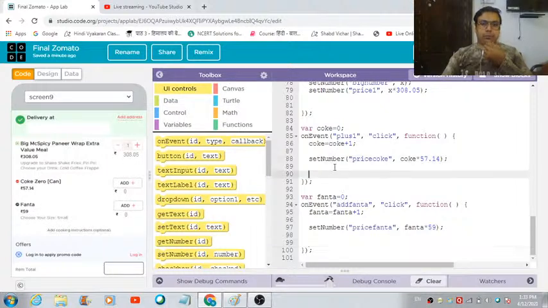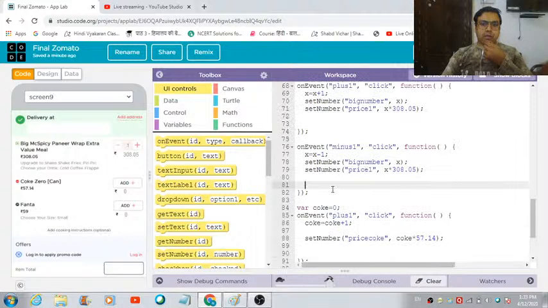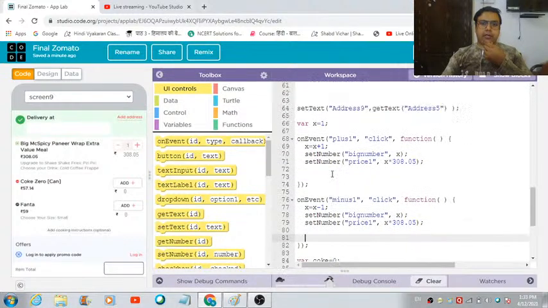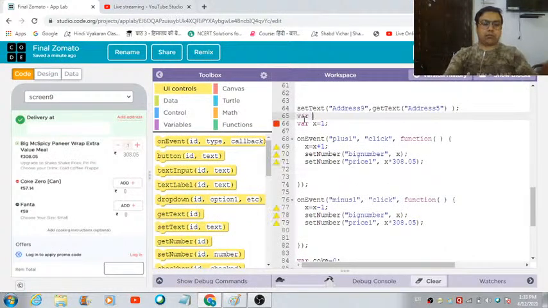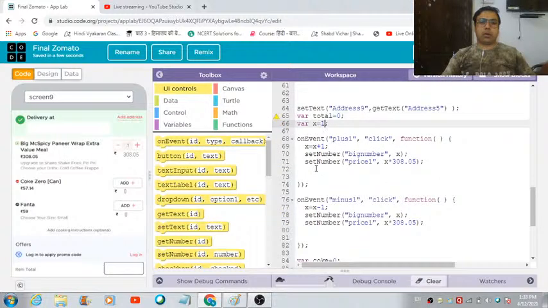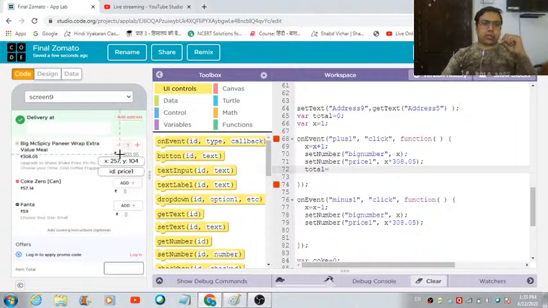So what we can do, when the user hits this +1 button, let's first define a variable, a counter variable, which we can make use of for calculating the total price of the order. Now every time the user hits this plus button, the value of this variable is going to be calculated by this platform. So total is equal to